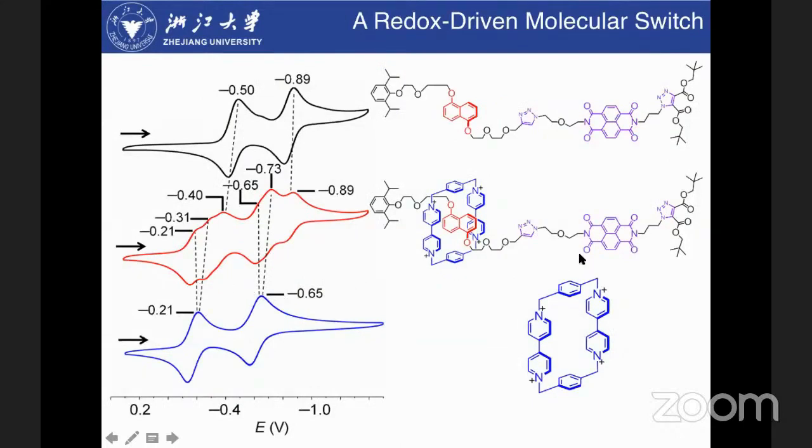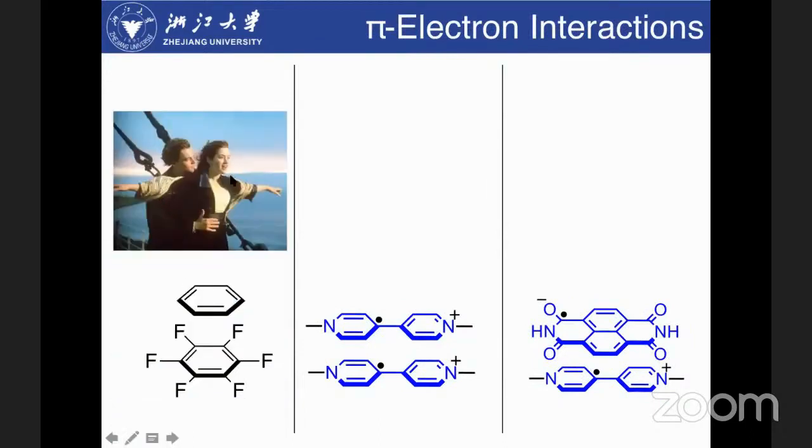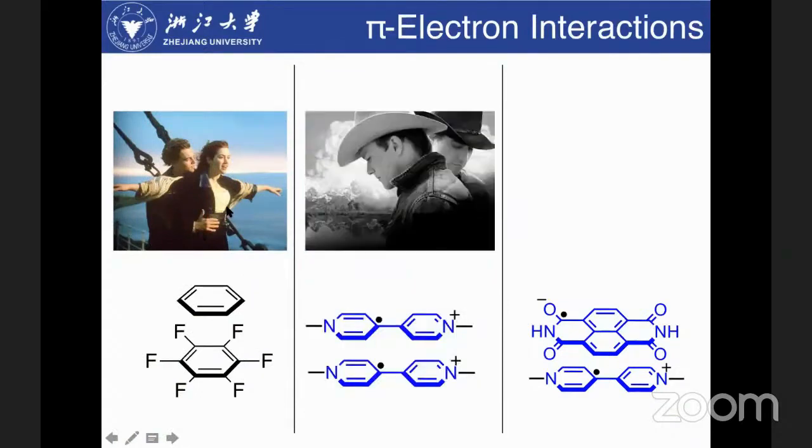So to sum up, normally in the field of supramolecular chemistry, we have donor-acceptor interaction. This is more like the interaction between a hot lady and a cool guy, right? This is typical pi-pi stacking. For this one, this is pi-pi stacking between two identical radicals. They have similar SOMO orbital, similar background, similar education, similar religion, and they can do pi-pi stacking.